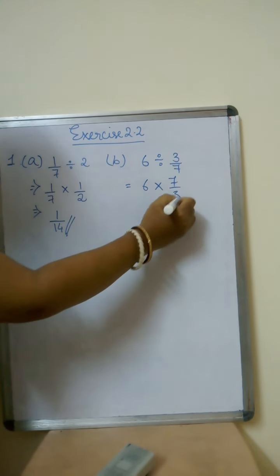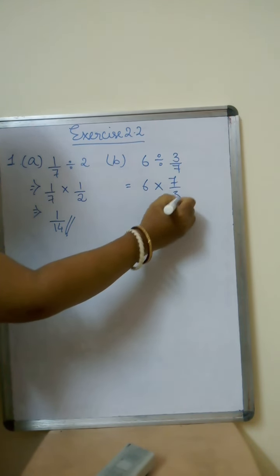Next we come to question number E. What is given there in question number E? In question number E it is given 2 4 by 7 divided by 8. So first we have to convert the mixed fraction into regular fraction. So 7 2s are 14, 15, 16, 17, 18. 18 by 7 into 1 by 8. Right? So 2 4s are 8, 2 9s are 18. So how much we got? We got 9 by 7, 7 4s are 28.